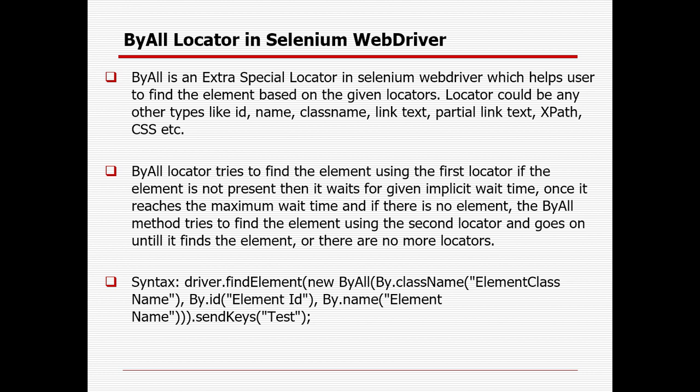Definitely maintenance work is required, but in case you know that maybe some of the 20 fields might get changed, some of the attributes get changed, for this you can go with multiple attributes at the same time. The ByAll locator gives you the option to use multiple locators at the same time, so that if one technique fails, you can go with the other technique. Automatically it will check the other technique. Suppose you are giving ID and class name, and your ID fails, it will go for the